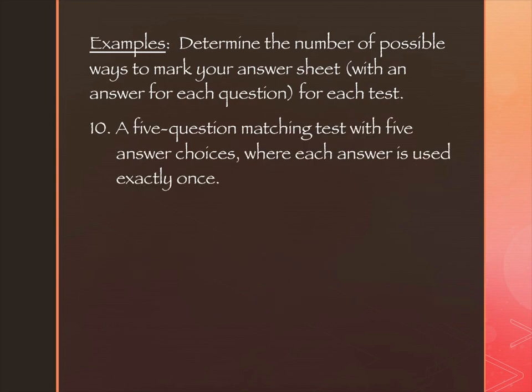The test we're going to do next is matching, or you can think of it like a test bank. So we have 5 questions on the next one instead of 6. We're going to do a matching test where there are 5 answer choices, and every answer is used exactly once. So you've done this before, right? There's 5 choices. Once you pick one, you mark through it, right? So the first time that you're choosing an answer, how many answer choices do you have? 5. But once you use it, you mark it out. So the next answer choice, you have 4 choices. The next question you have 3, and then